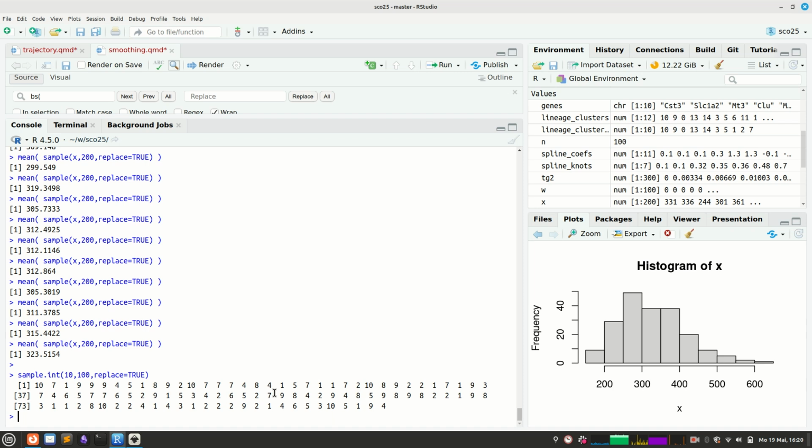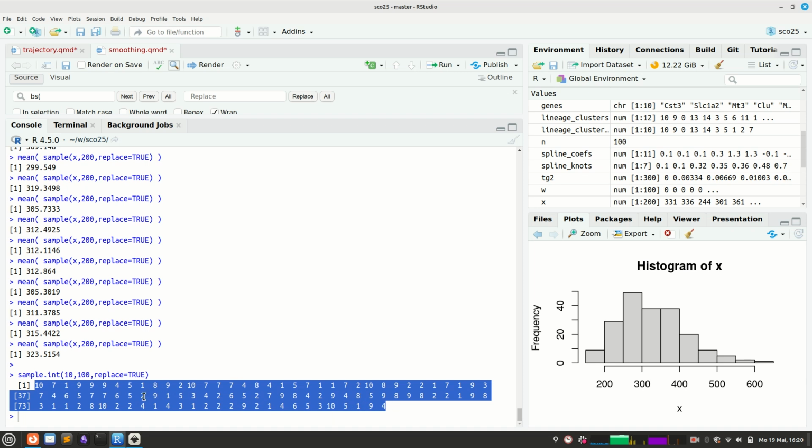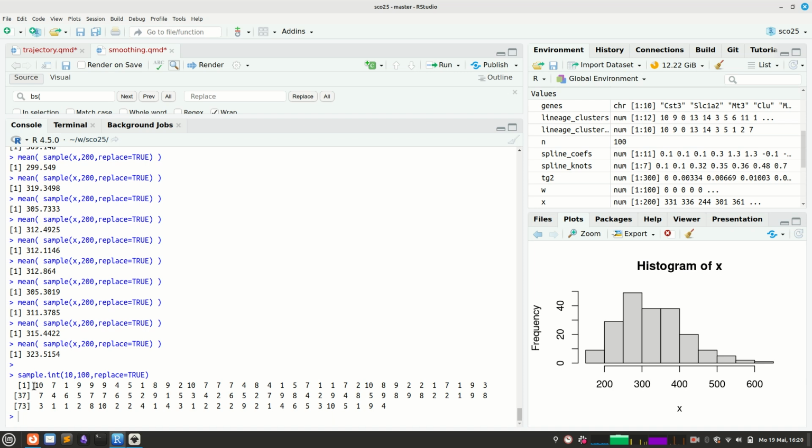And you see it just always draws one value between 1 to 10, and then again a value between 1 to 10, and replace true means the probability of each value is always 1/10, no matter how often you have already drawn the value before. And now I can use these here as indices in my data point. So I can already see what this means, that the 10th data point, for example, will appear 4 times in